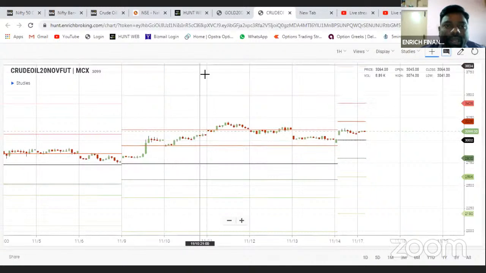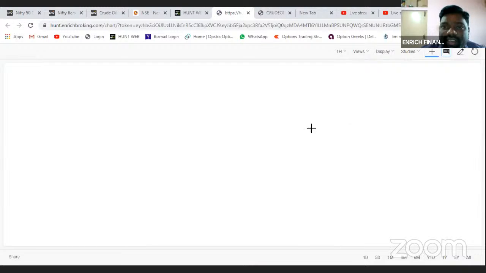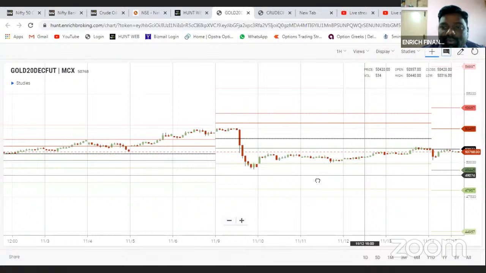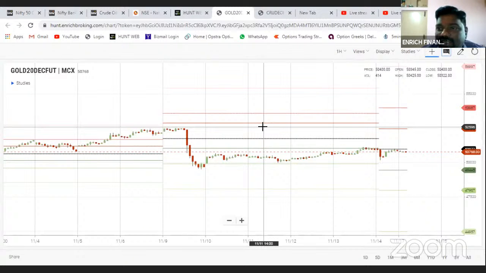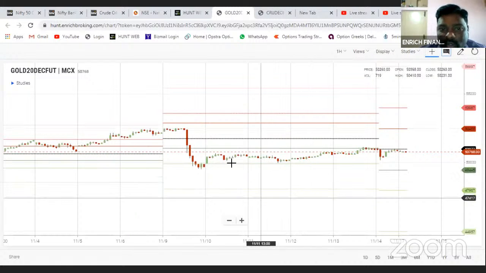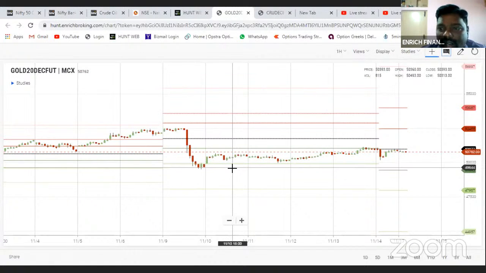side in crude oil. And in the bullions market, we can expect overall this week to be a little sideways, because it has already made a resistance of 53,000, around 52,600 to around 53,000 levels. It is making a small resistance. So we can fix this range overall this week or another 2 weeks, till the level around 49,500,